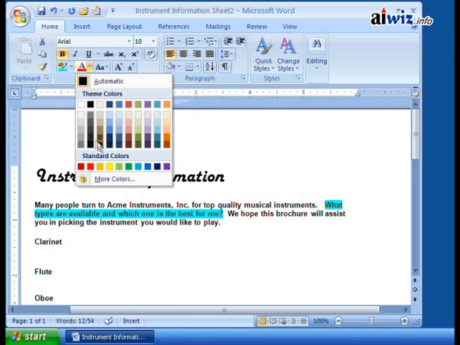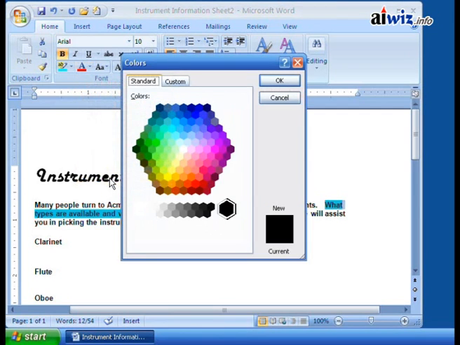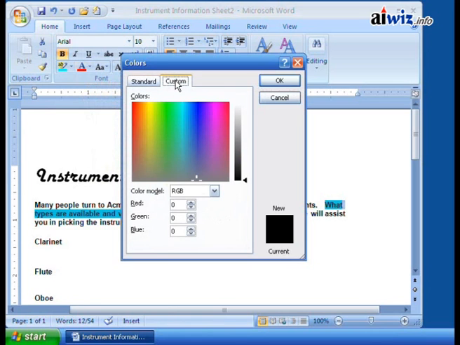And so now, again, you can see as I move over each one of these, it changes the color and the look and feel of that. So I can pick one. Which one is going to look the best? Or I can even go to more colors, which is nice. When I click on more colors, I can go from a standard color that you see here on the dialog box to even a custom color. Here's where I can use whether an RGB color model or an HSL, depending on how I want to run it,